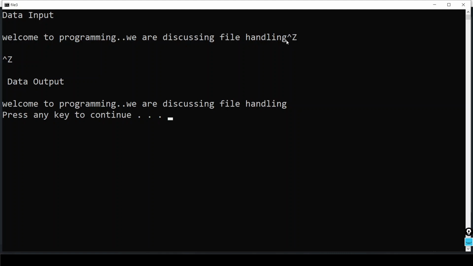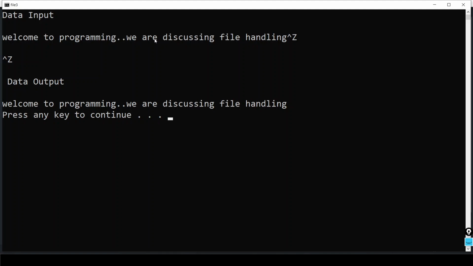So till that, all the characters we entered were saved in the file, and then using getc, each and every character is taken from the file and printed using printf. Earlier we used gets to take a string and puts to print the string. So when we see the output, it is something similar to that, but here files are involved.